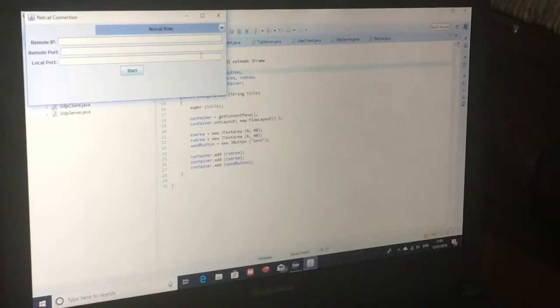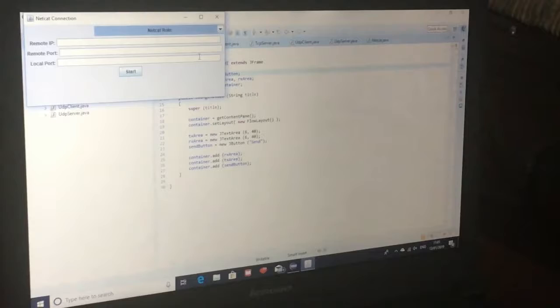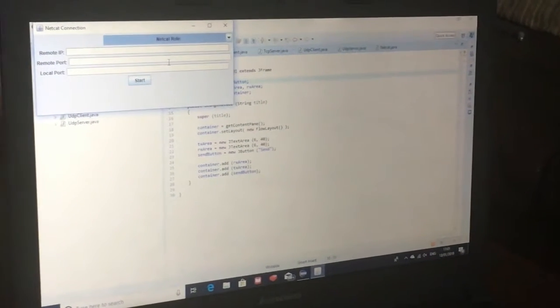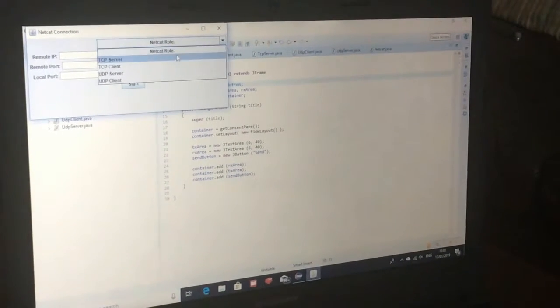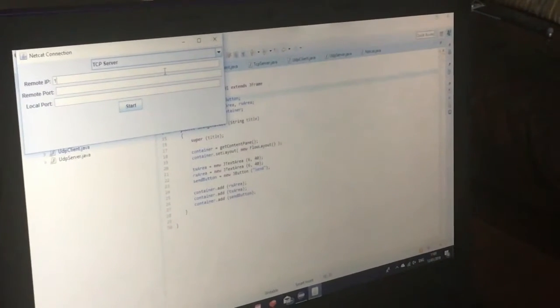Okay, so this is the Java implementation for the Netcat chat application. When you press run, this pops up, which is the initial Netcat startup menu. You are able to select TCP server and client and UDP server and client individually from this drop-down list, and you enter the remote IP address,